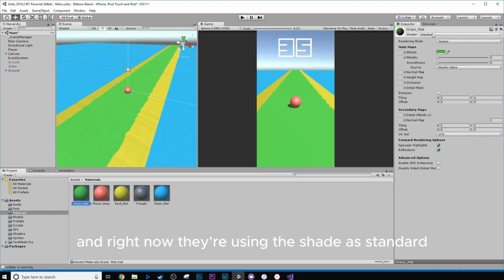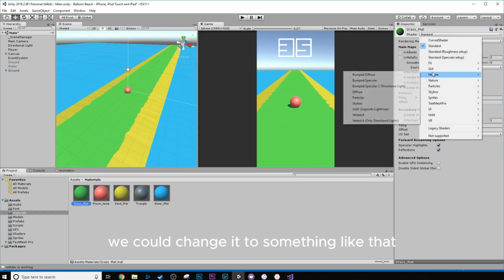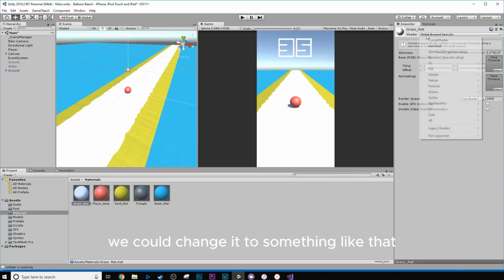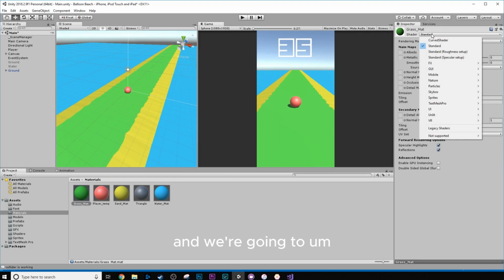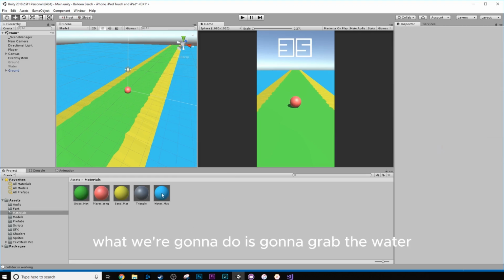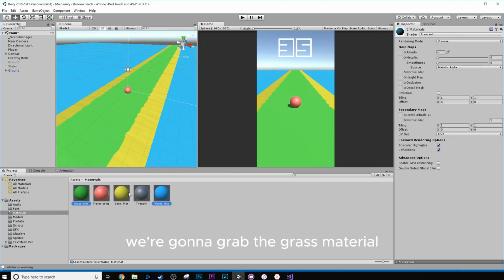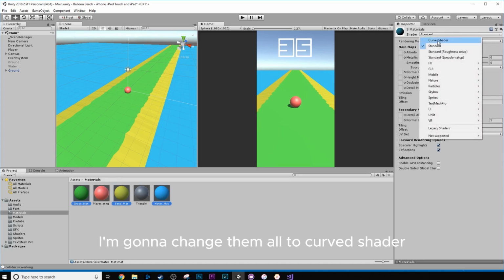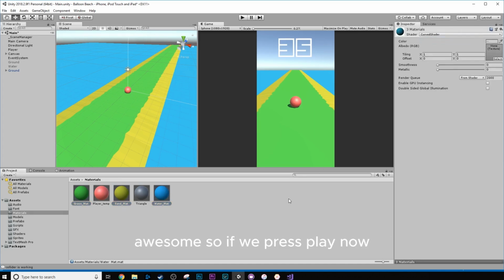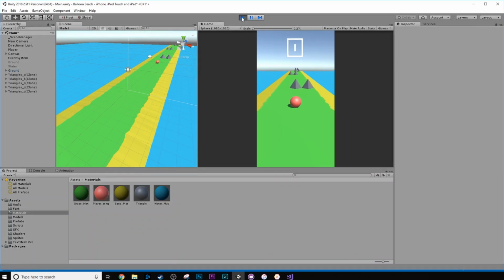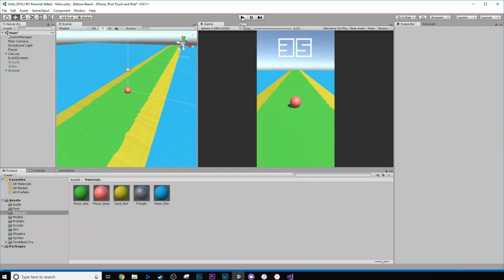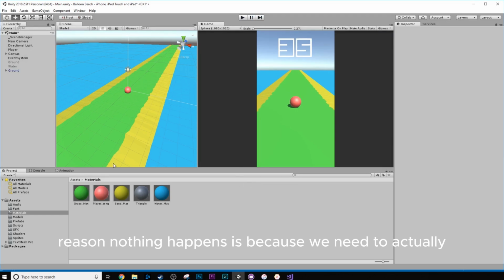And right now they're using the shader standard. If we change this, we could change it to something like that, which looks horrible. We're going to leave it as standard. What we're going to do is grab the water, the grass material, and the sand material. I'm going to change them all to curved shader. Awesome. So if we press play now, nothing happens. And the reason nothing happens is because we need to actually pass in some variables to the shader